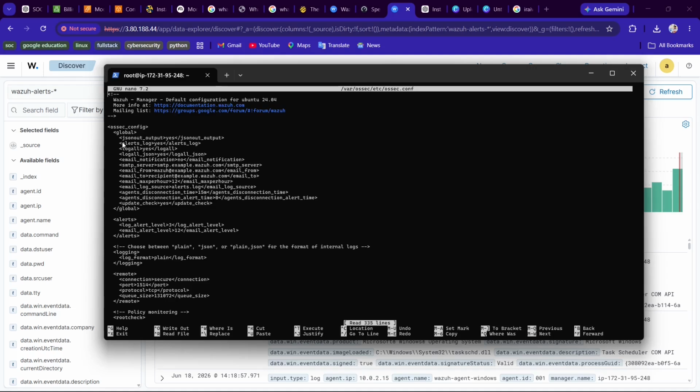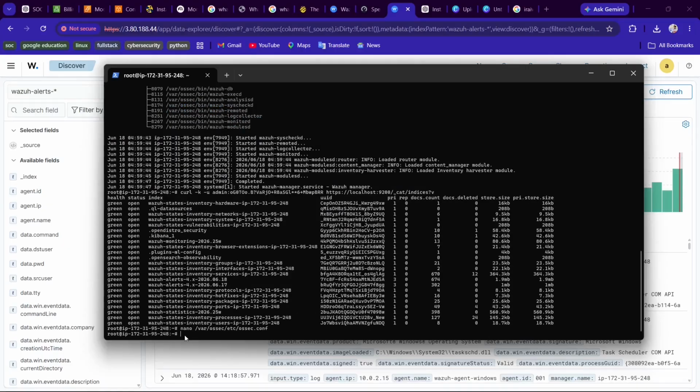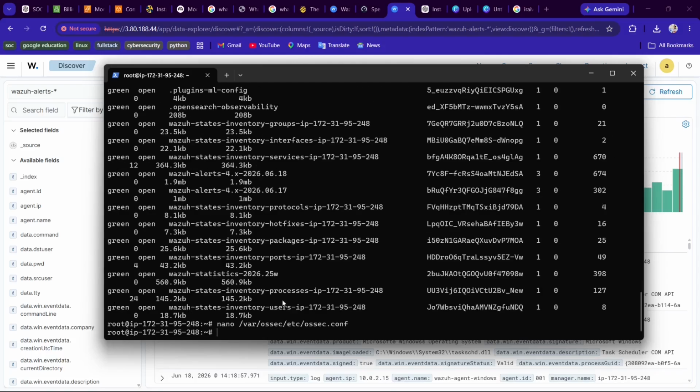So open that exact file which I typed, and make sure that for most of you these two lines will display as no. So make sure it is changed to yes. That is one of the major steps that you need to follow. Once that's done, Control O, enter, Control X. We configured the manager a bit, and now what we need to do is